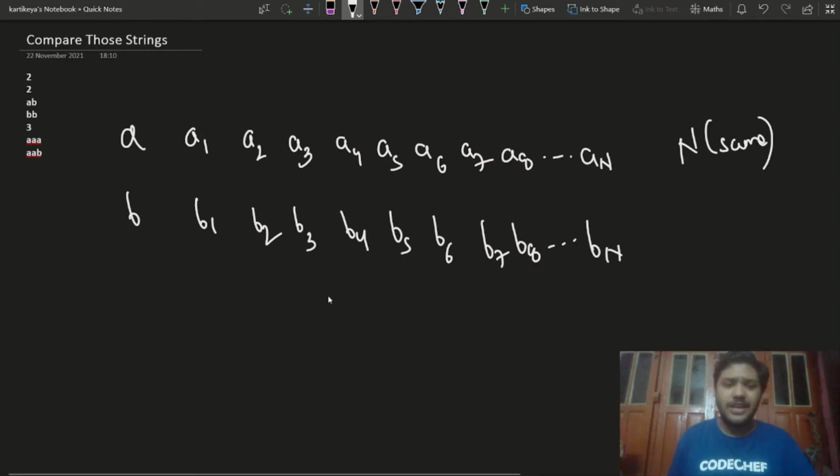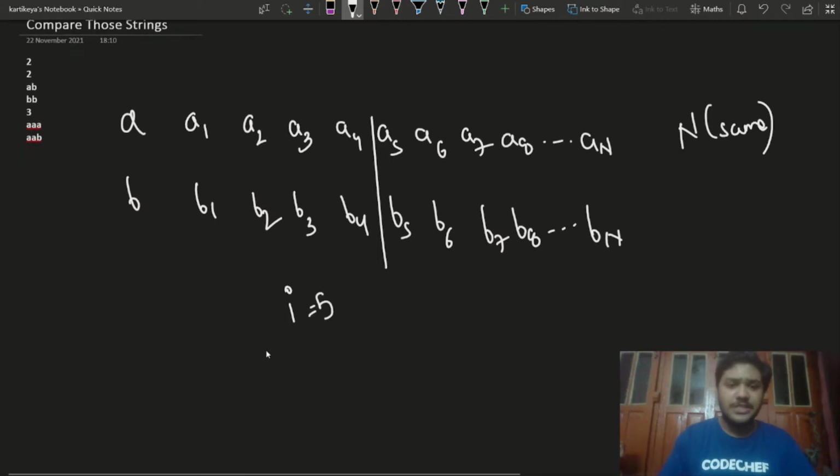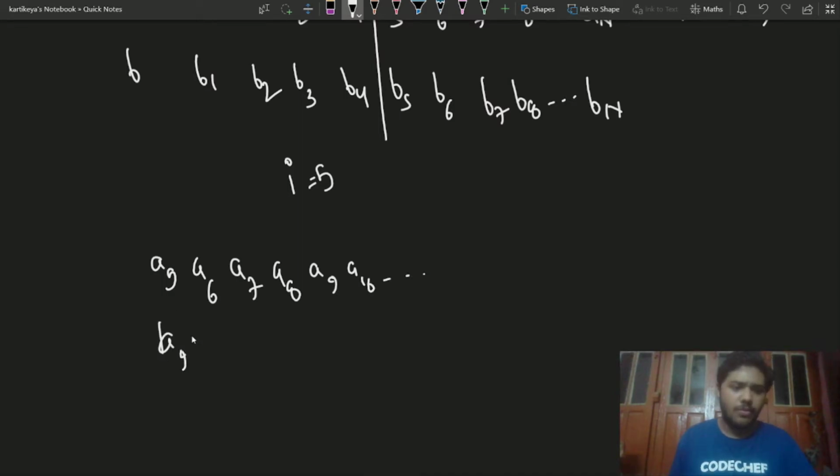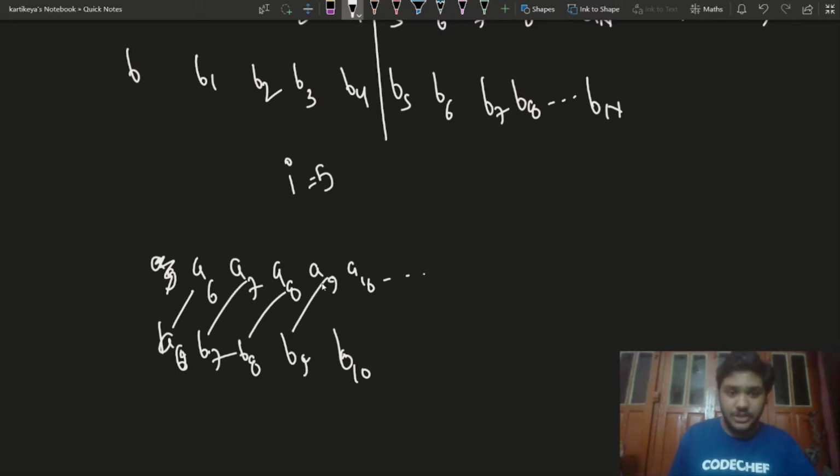So for any index I, let's assume that this particular index I equals 5. If we want the suffix starting at index 5 to be less than the suffix starting at index 5 in the other string B, then for it to be true, we want a simple thing. If these two characters match, these two characters match, these two characters match, and these two characters match, and